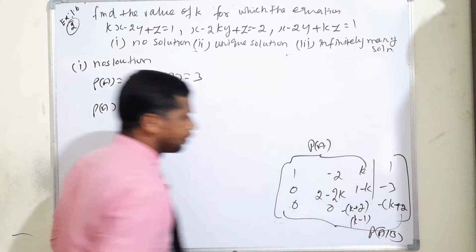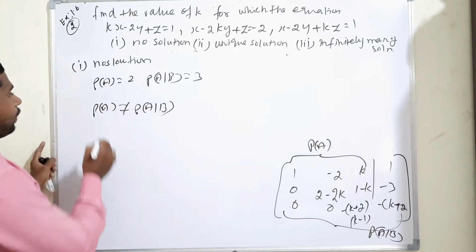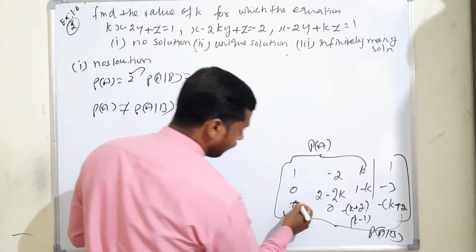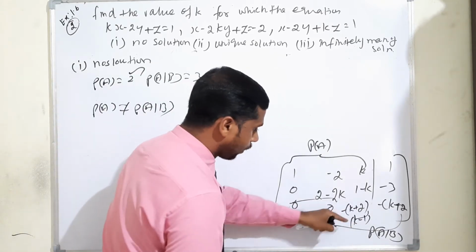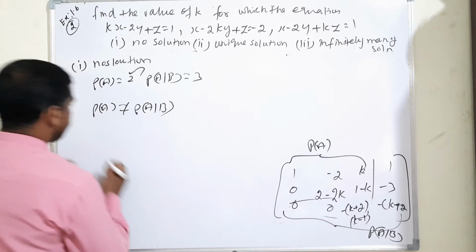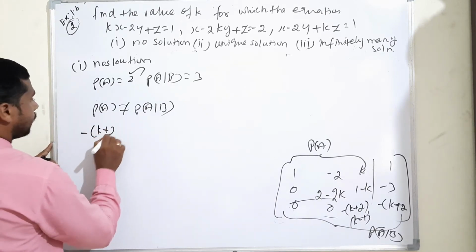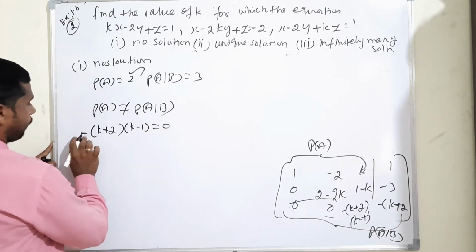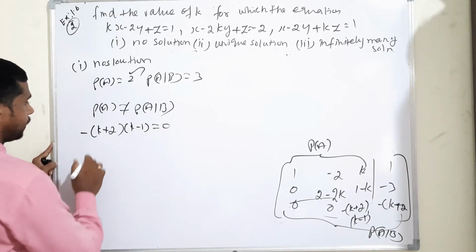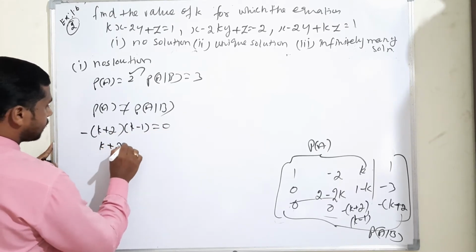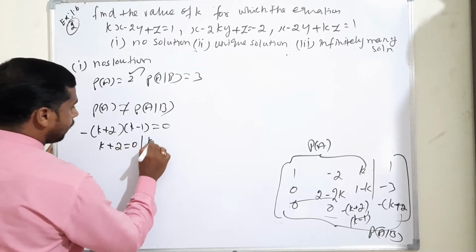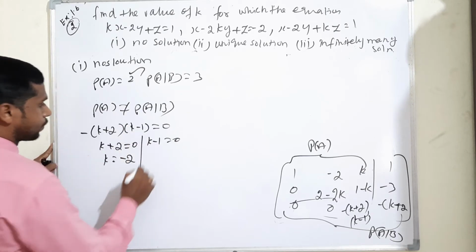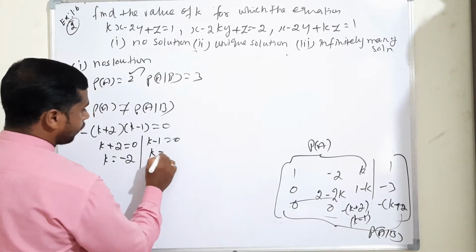Okay. So now first we have to consider rank of A equal to 2. What we have to do? Equal to 2 means the third row of rank of A, we have to show as a 0 row. So first one, minus of k plus 2, then k minus 1 is equal to 0. Bring out to the opposite side, the value will be 0. Again separate terms: k plus 2 is equal to 0 is one term, then k minus 1 is equal to 0. Therefore plus 2 brought to the opposite side means minus 2, then k minus 1 brought to the opposite side is positive 1.